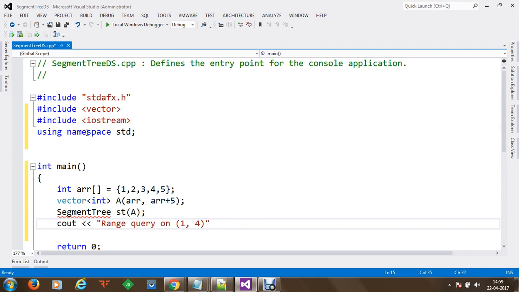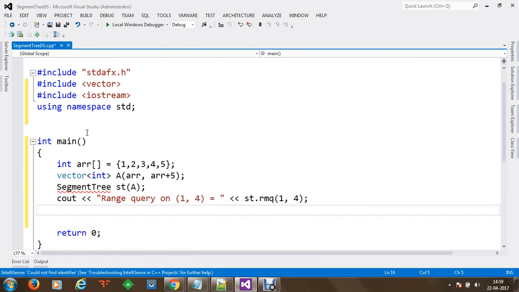So from 1 to 4 we will be searching, and we want to perform a range query here. So in that segment tree, we are going to define a method known as range query, and I'm going to define it as RMQ, and within this RMQ I'm going to define a minimum value and a maximum value, and whatever value is returned will be displayed here.